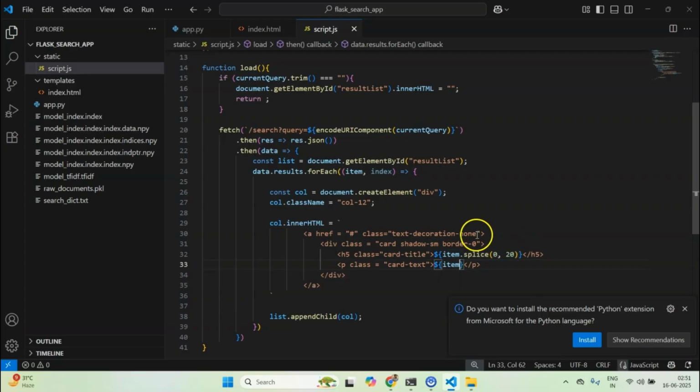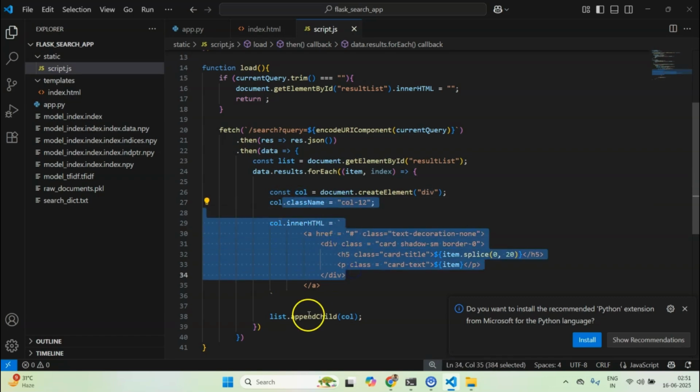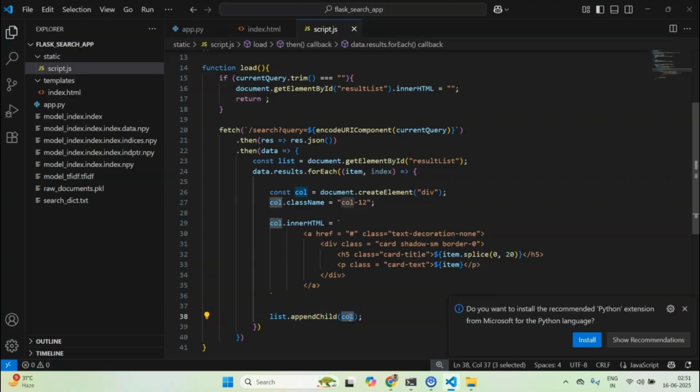So now I have a nice looking card tag, and once we loop through this entire thing and append to it, it will automatically be appended. So we have this a, we have this div, and inside here we have h5, and we have this div, and yeah, this is how it is looking.